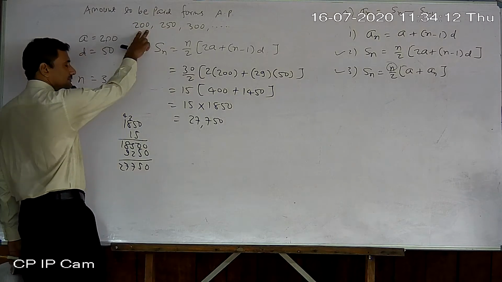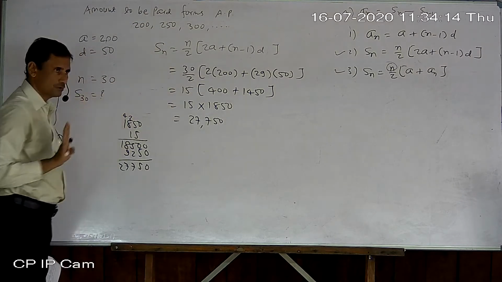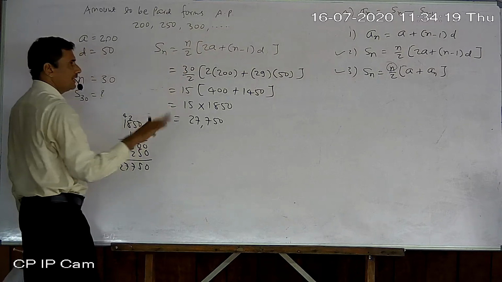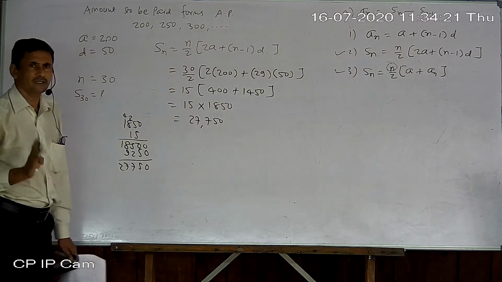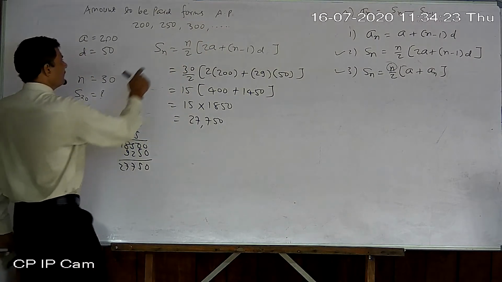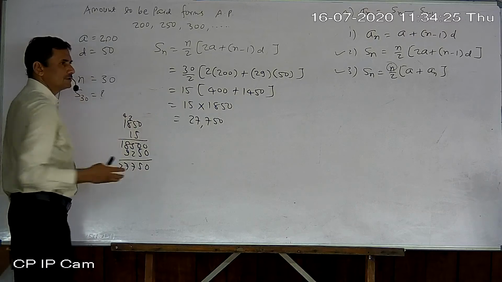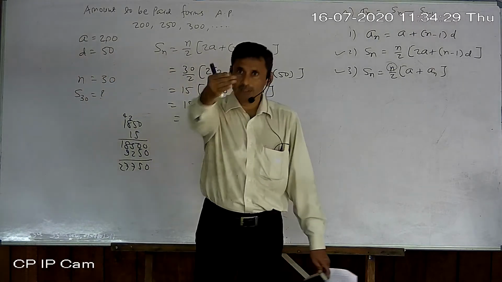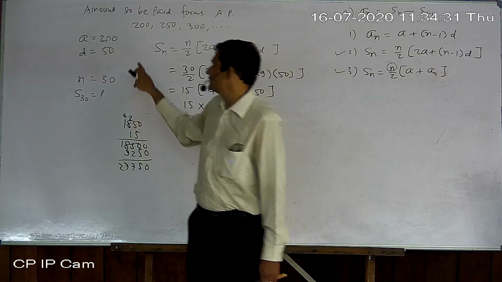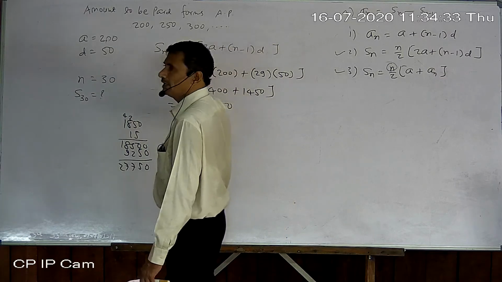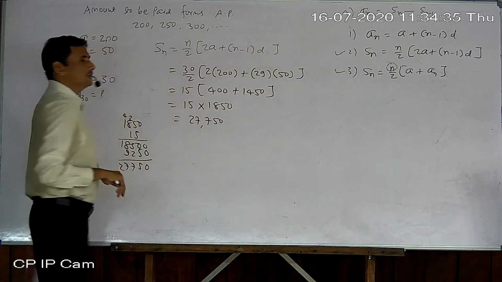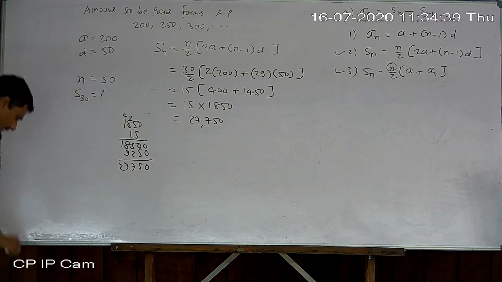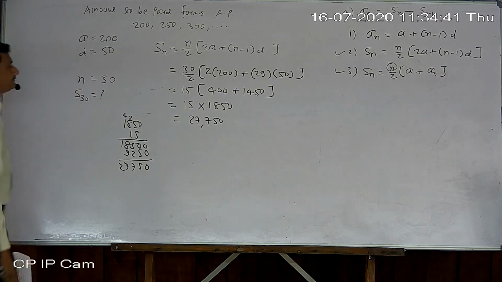You just look. First of all, understand the question. The question is not wrong, the solution is not wrong. Just understand carefully, and first of all make the AP. After forming the AP, nothing is new. Why is Sn found, not An? Because he has to pay the penalty regularly, not only on the last day. That's why we found Sn here. If you read and understand clearly, it is given very clearly there.